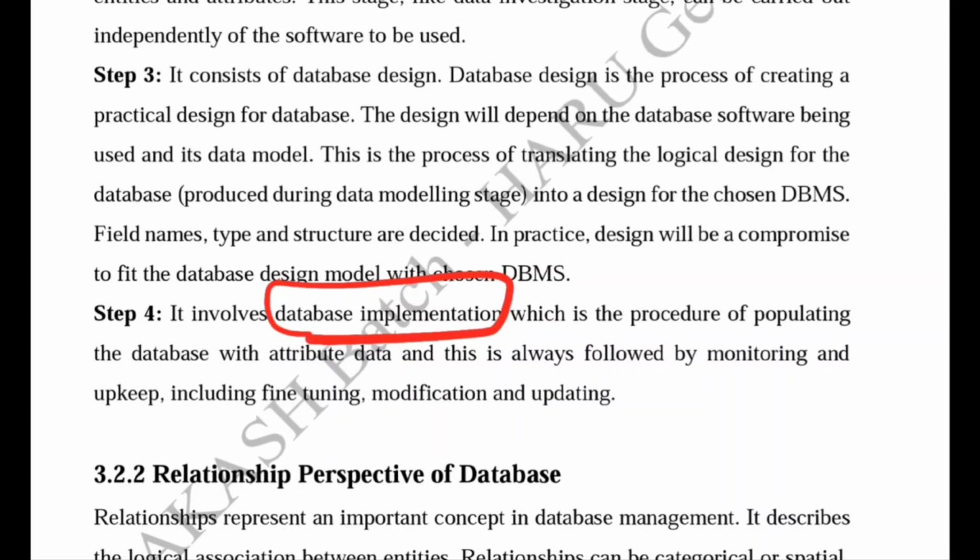When we create a database, we have to know how to use the data stored in it. So for monitoring and updating anything required in the database, it depends on the database implementation. So it is the fourth step.